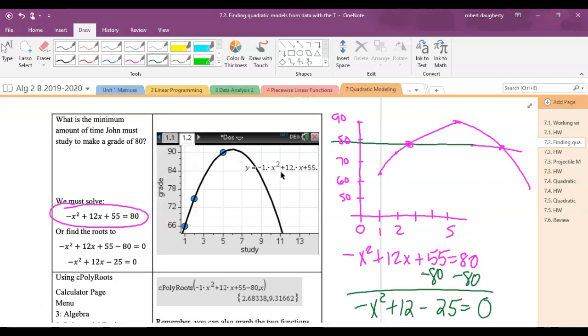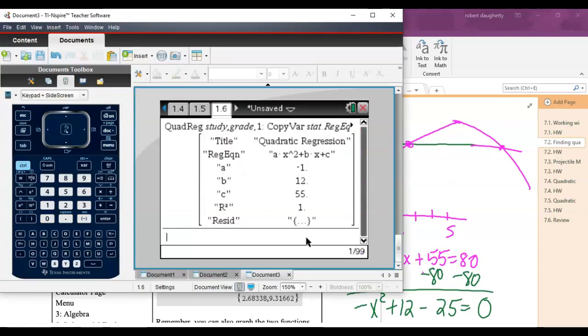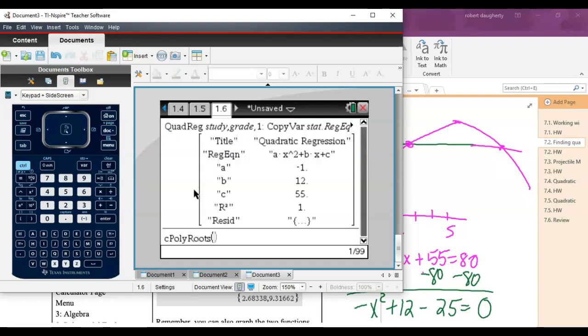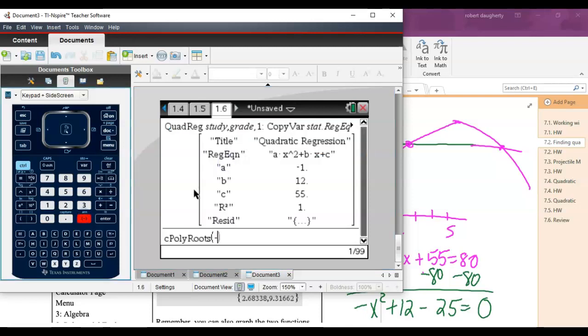At this point in this class, I'm not going to sit and worry about, do I factor it? Do I go to the quadratic formula? Do I do completing the square? What am I going to do? I'm going to use my TI-Nspire, okay? Because it is available. So I just need to go and say, okay, menu, algebra, polynomial, complex roots of a polynomial, minus x squared